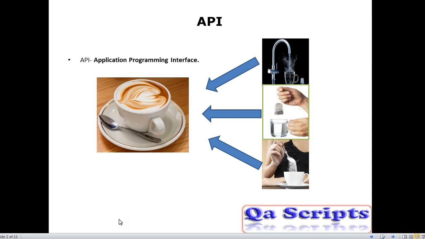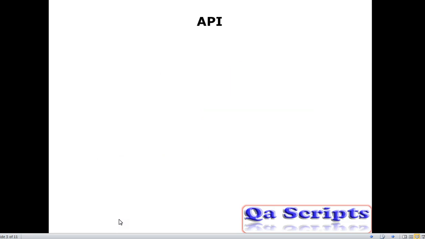In the second scenario, think that I don't have coffee powder, I don't have hot water, I don't have sugar with me, but still I want to prepare a delicious coffee. To prepare it, I need to follow some other steps.